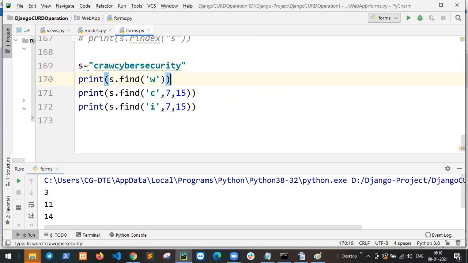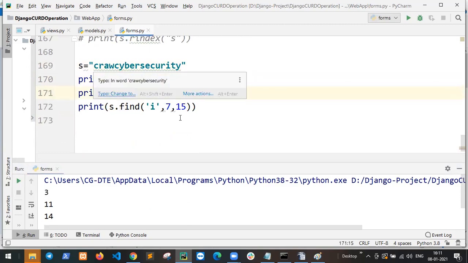Why is it 3? W is 0, 1, 2, 3. So W is coming at 3. So find the index number of 3 and find of C. C is 7.